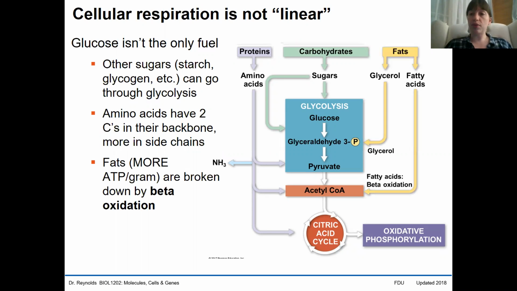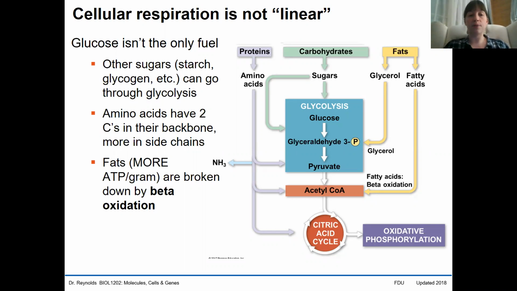Fats, which can be broken down by beta oxidation into glycerol and fatty acid, can feed in as G3P, the 3-carbon molecule, or the fatty acid tails can be broken down into 2-carbon molecules, which yield acetyl-CoAs. This process of actually creating these individual carbons from beta oxidation yields more ATP per gram than sugars. This is one of the reasons why your body chooses to store extra energy as fats that it can break